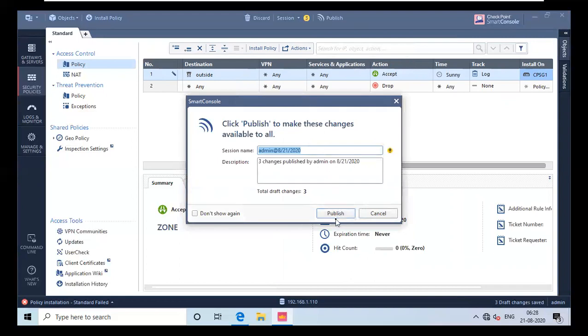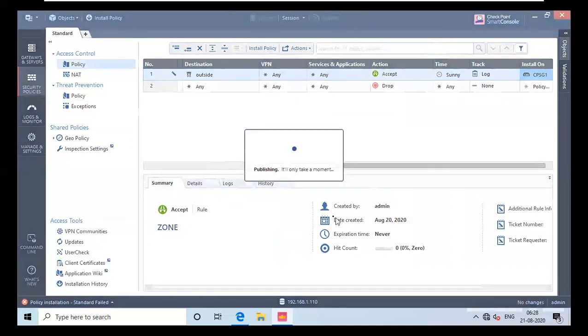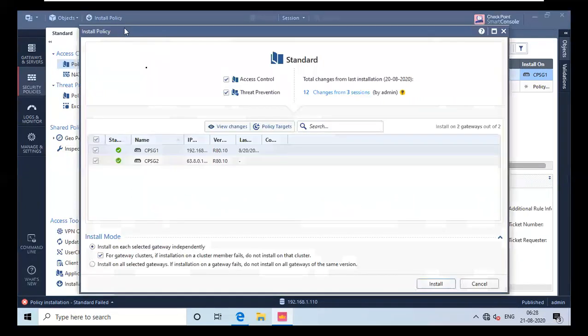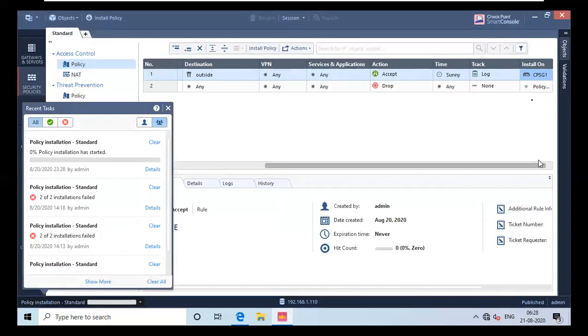and click on publish. Yeah, so admin made these changes and it will be recorded. Great. And then you have to basically install this policy. Install on SG1. I don't want it. Basically, the second rule will be applied to this. If you leave that check mark, it doesn't matter. So I am just removing it because I have specified that implement this rule in SG1 only.